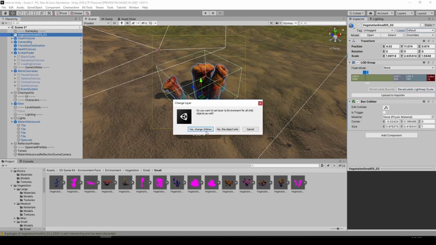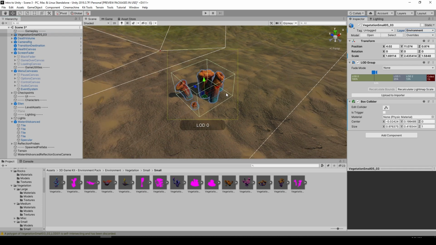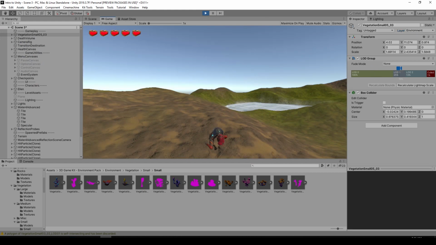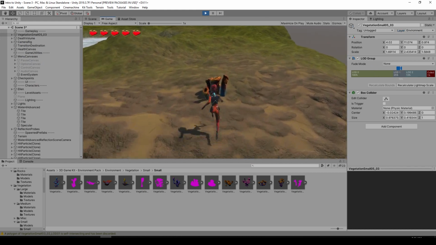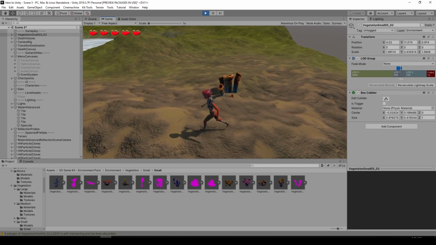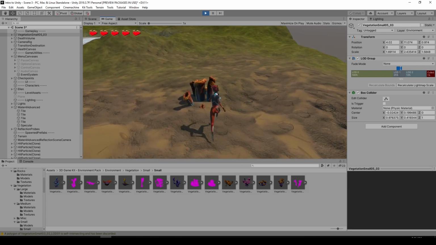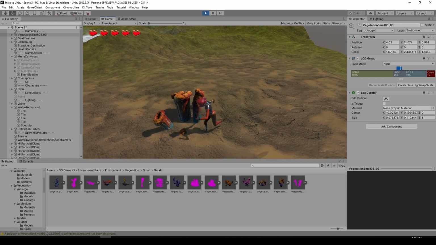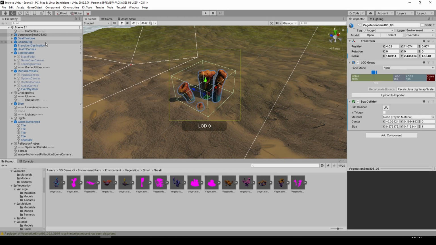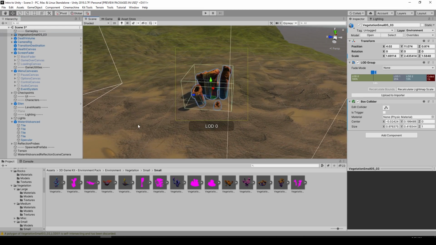Number 16, and they'll ask if I'd like to change the children as well, and I say yes. So when I run this, you notice that I can't go through this particular vegetation because there is the box collider. Alright, so now that we have this object with the box collider, we can now make it